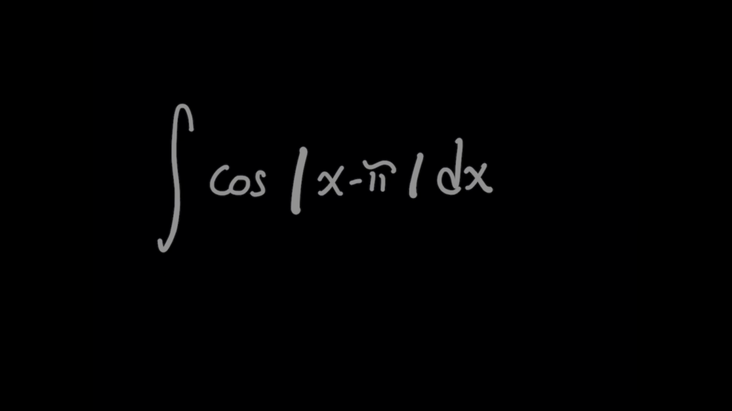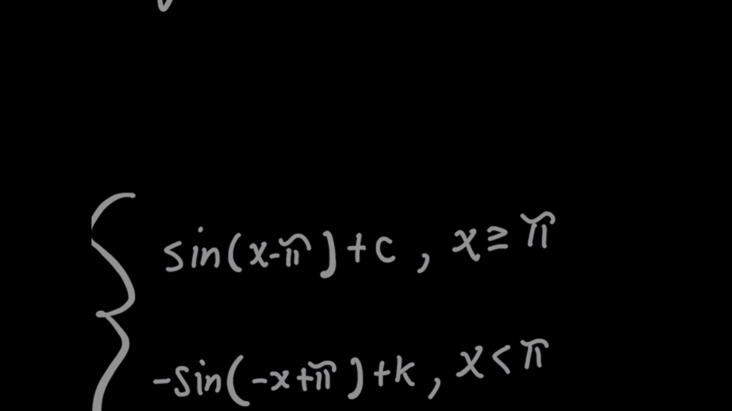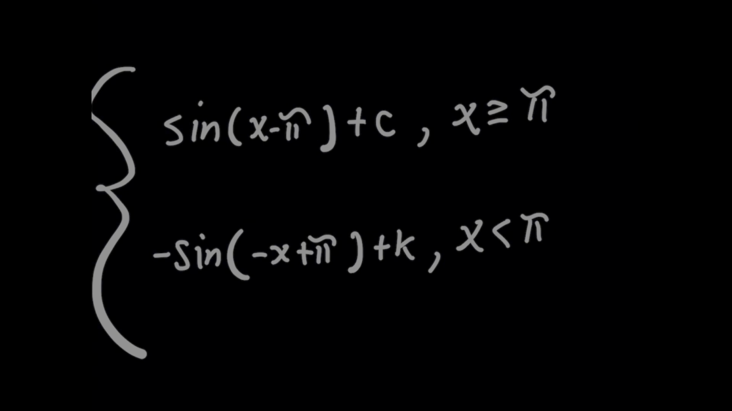Now what this means is that for the original problem, it is actually two separate integrals depending on what x is. If x is greater than or equal to pi, the result of integrating the first case gave us sine of x minus pi plus c on top. And for the case where x is less than pi, I'm going to call this constant k, because we don't want to necessarily say for sure that c